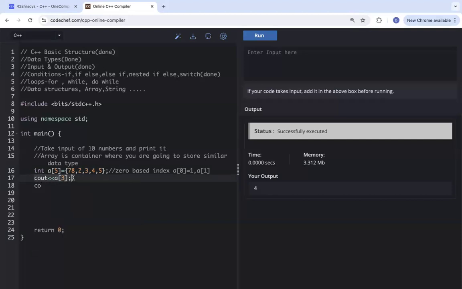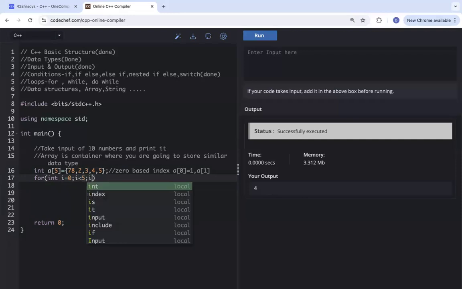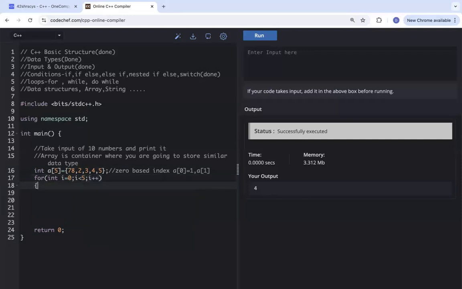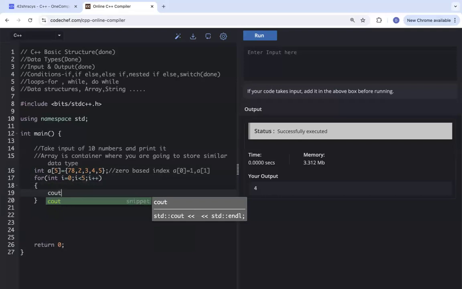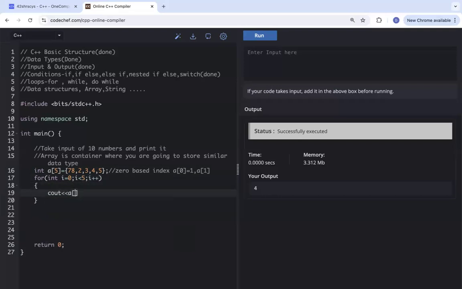Why should I write cout 5 times? So write a loop for it, right? For int i equal to 0, i less than, here the size is 5, so I'm giving 5, i plus plus. Okay, so I'm simply writing cout array of i,